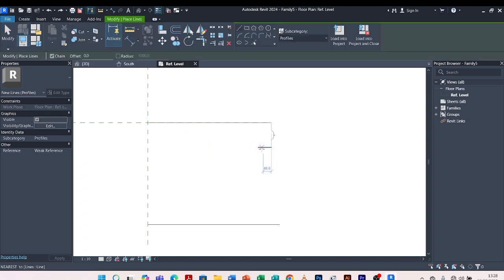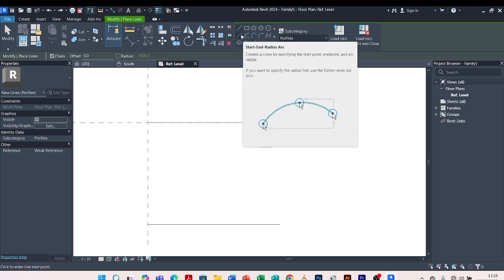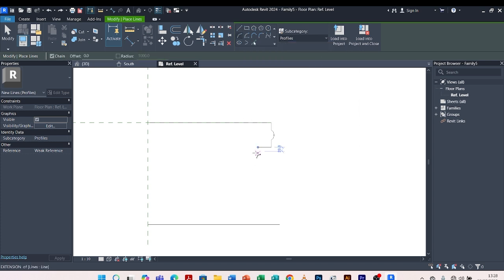I want here a curve. I'm going to use this start end radius curve. I click on it. I come right here. I look at the radius. I will give it a radius of 120,